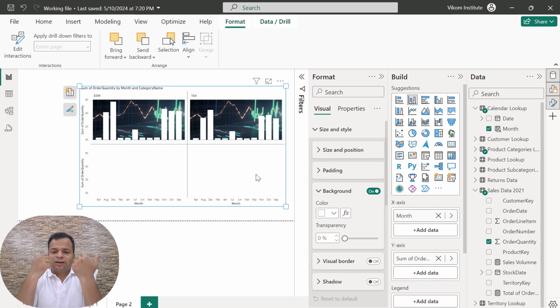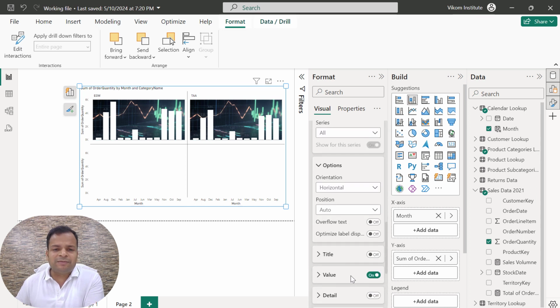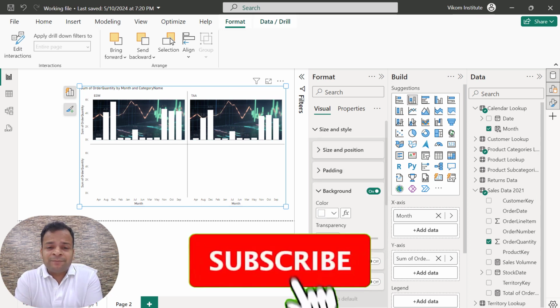So that's how you can use your stack column chart. Even if you will see, if you are comfortable with Excel charts, so here we have the same things which we are using in our Excel. If you want to add the data labels, you can simply add the data labels. You will see my data label color is black, so it is not going to show you as a black. So this is the stack column chart in Power BI.